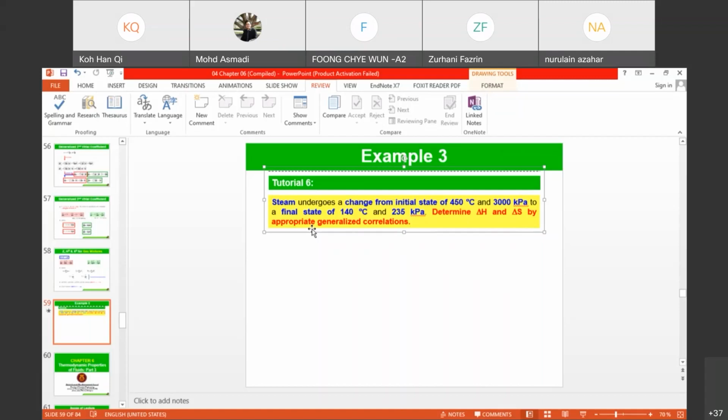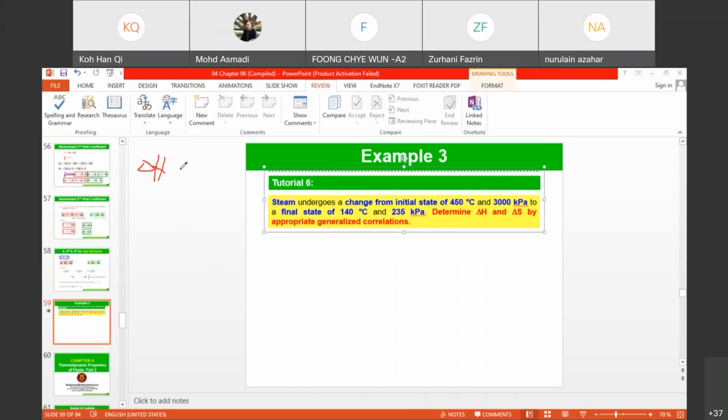So since it's entered at 450 degrees C, 3000 kilopascal, what you have to do is determine TC, PC, omega, and then TR1, PR1, and TR2, PR2, because they have two conditions. So if you want to determine delta H, because it's entered at